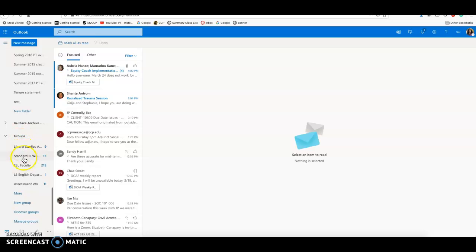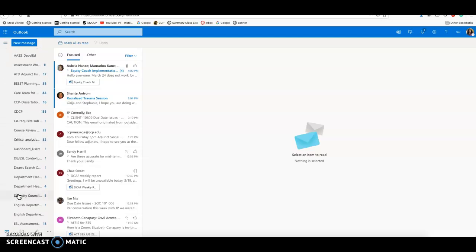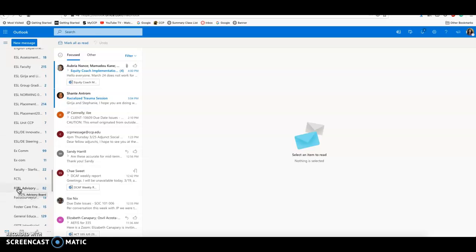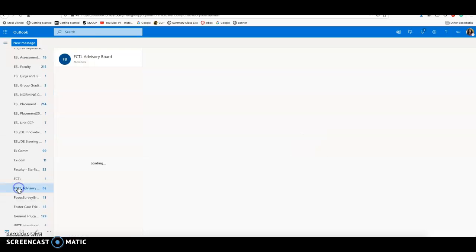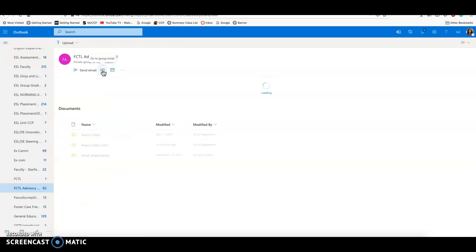if you scroll down and click on more groups, it will open up all the groups that you've been part of. So go down until you see Factal Advisory Board. Click on that, and that will take you to the Factal Advisory Board OneDrive group, whatever you want to call it. And if you click on this little thing, which is files and folders, so if you click on that,